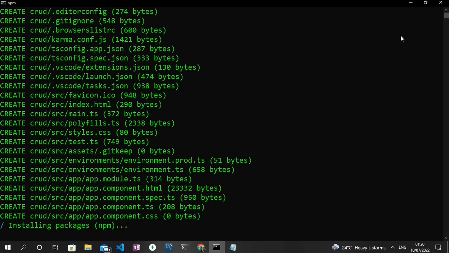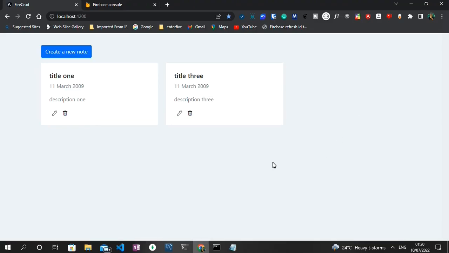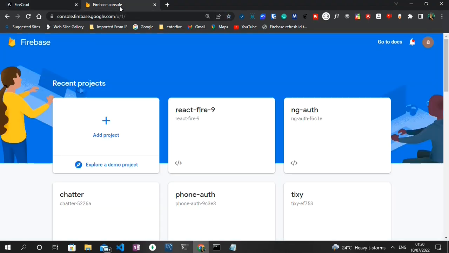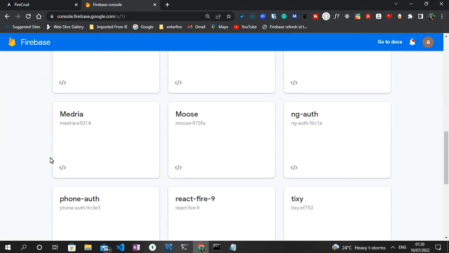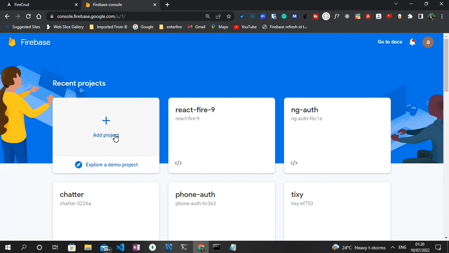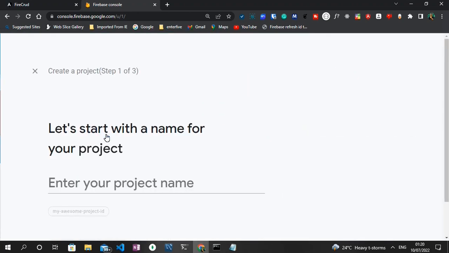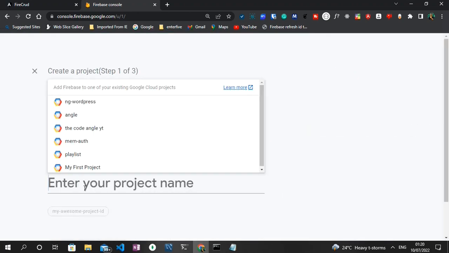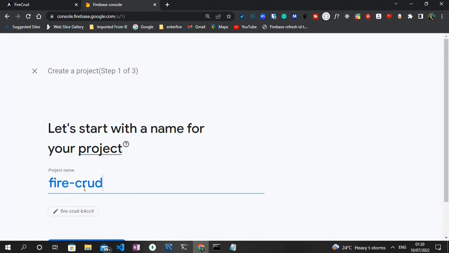And while this is being implemented, I think we can set up the backend of our Firebase. If you are new to Firebase, you can just go to console.firebase.google.com, and then your Google account can be used to create a new Firebase application. As you can see, I have different projects already created on this account, so I'm just gonna click on add new project to generate a new project, and I'm gonna call this Fire CRUD, and then